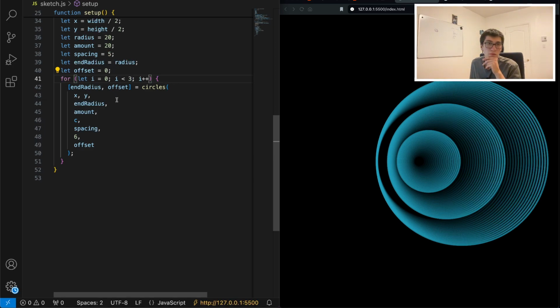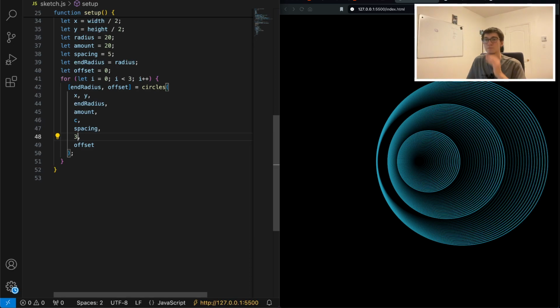Maybe the weight could be a little bit smaller as well. Okay. Why is it not getting up to the edge? Oh, should it be the cumulated offset? Oh, I don't think so. Seems like